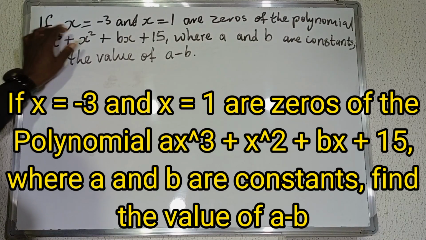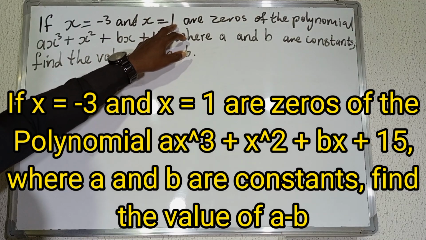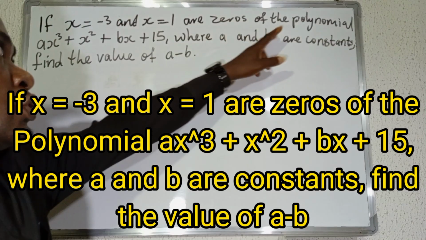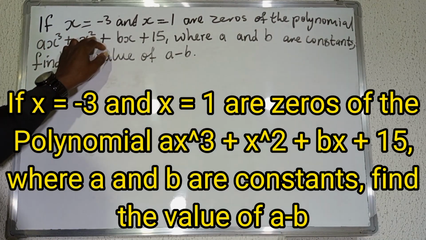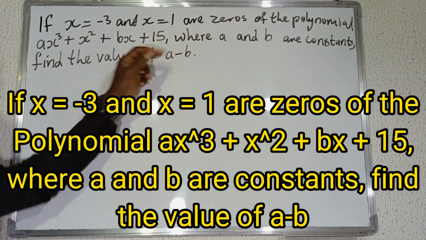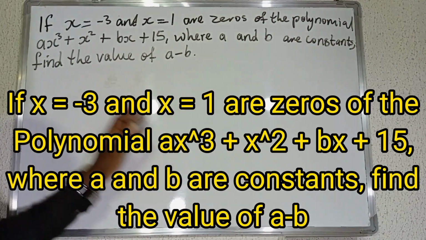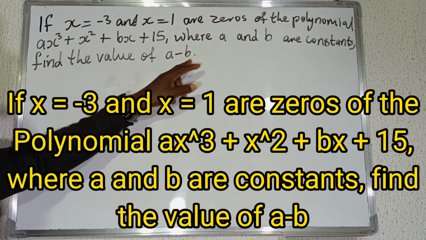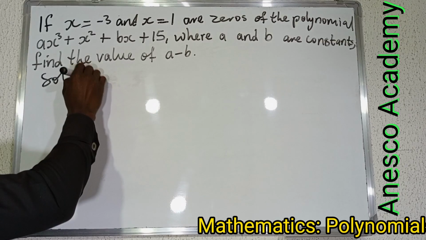The question says if x equals -3 and x equals 1 are zeros of the polynomial ax raised to the power 3 plus x squared plus bx plus 15, where a and b are constants, find the value of a minus b. And I've told you that in questions like this,